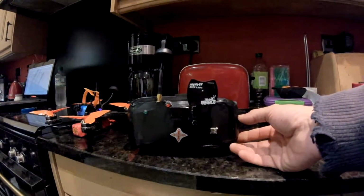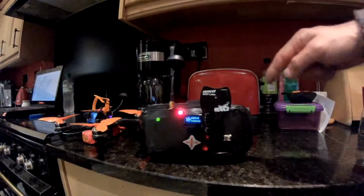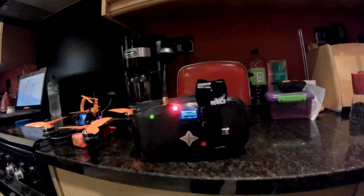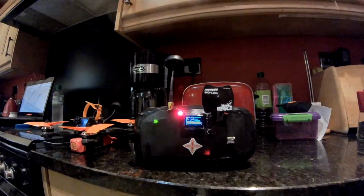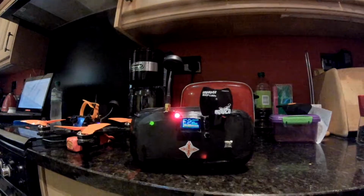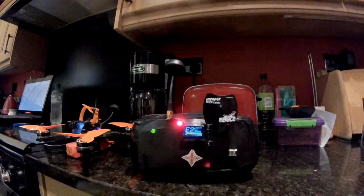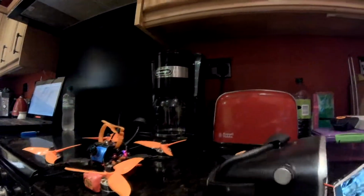So we'll switch it on the side. This LED is because this antenna is on. And there we are on E2 on 5685 gigahertz. And now if we look inside, we will see